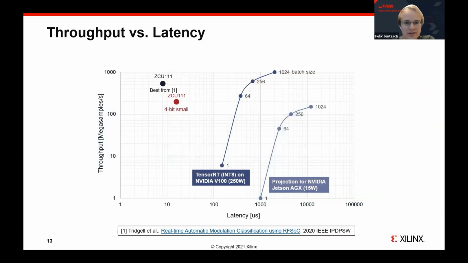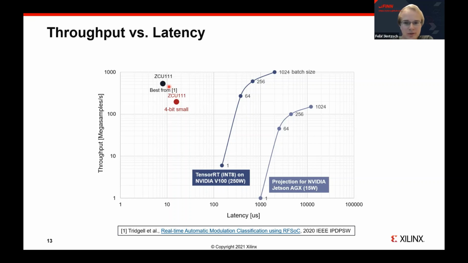So finally, let's also look at the bigger picture and see where the advantages of this style of FPGA implementation lie against more traditional implementations where GPUs are the main competition. So this graph here shows the throughput in million samples per second over the latency in microseconds, both on a log scale. And this means we want to be at the top and left here to be very competitive. And this red one here is our prototype.